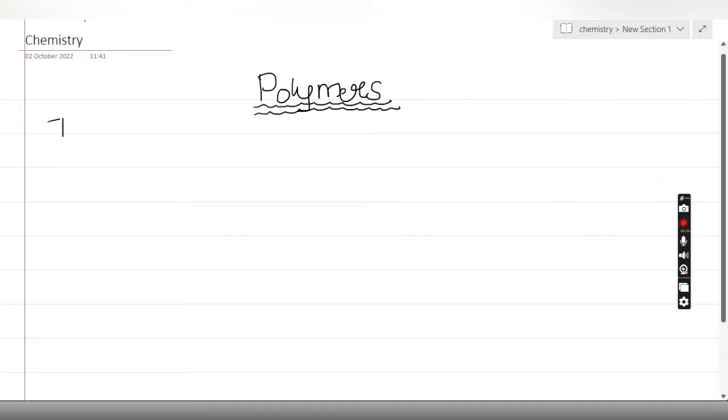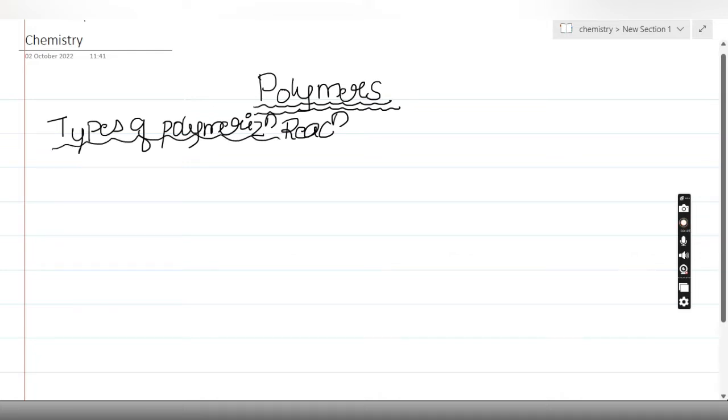We are going to discuss types of polymerization reaction. So there are two different types of polymerization reaction. One we simply call addition polymerization, and the second one is